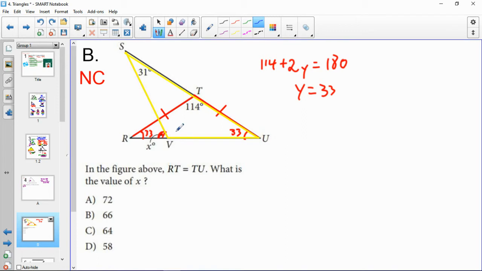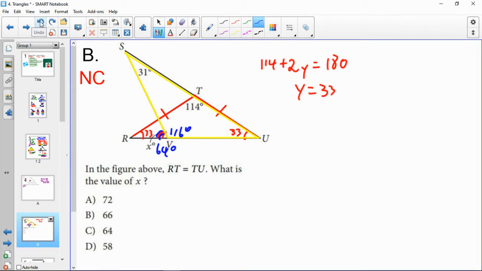These two add up to 64. So then this one right here has got to be 116 degrees. And if this is 116 degrees right here, then the supplementary angle must then just simply be 64 degrees. And notice that when I do it that way, I didn't have to do this math, I didn't have to do this math, I didn't have to do this math. And the more steps you get to minimize with facts you know, the less likely you are to make a mistake. And also, it's just less brain power you have to use,